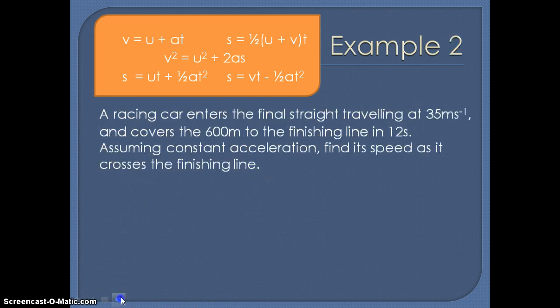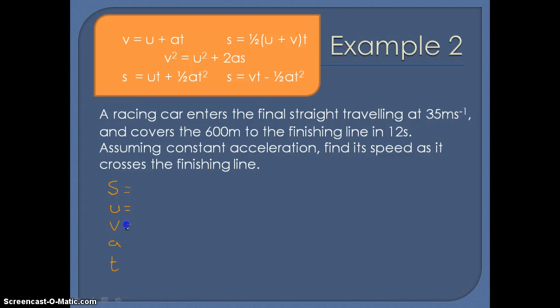Let's try another example. This time, a racing car entering the final straight, travelling at 35 meters per second, covers the 600 meters to the finish line in 12 seconds. We're assuming a constant acceleration, which means we can use our SUVAT equations, and we need to find its speed as it crosses the finish line. So again, we'll make our list: S, U, V, A, T,